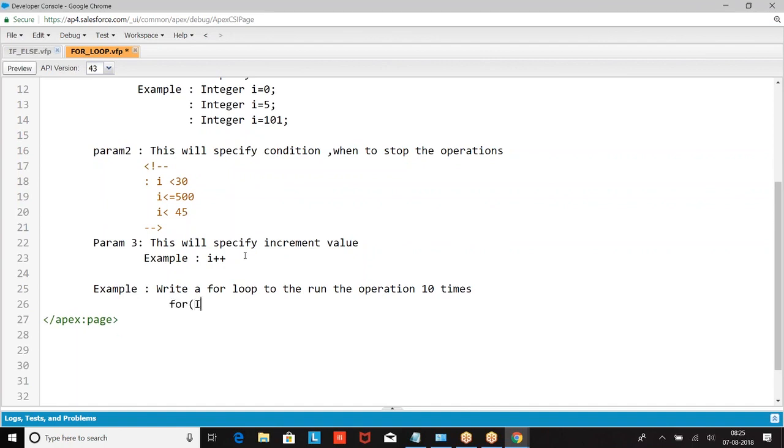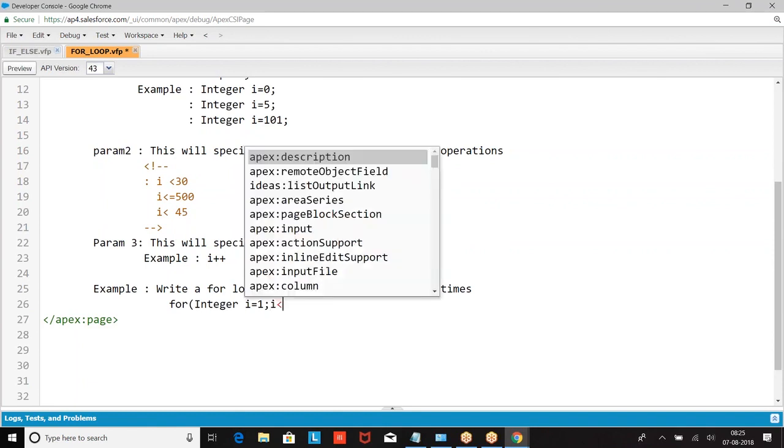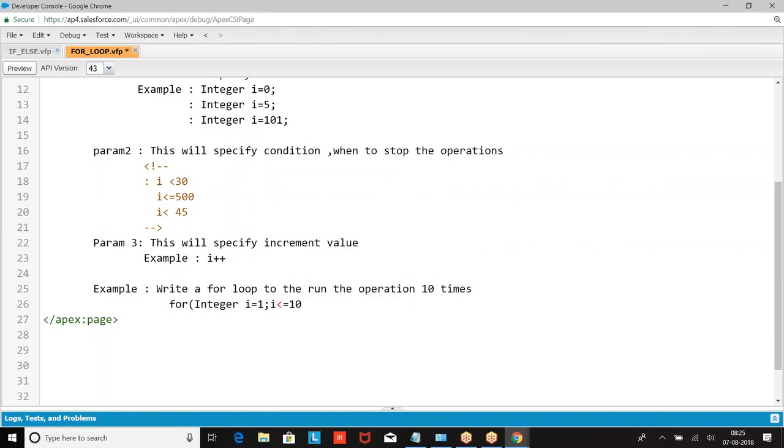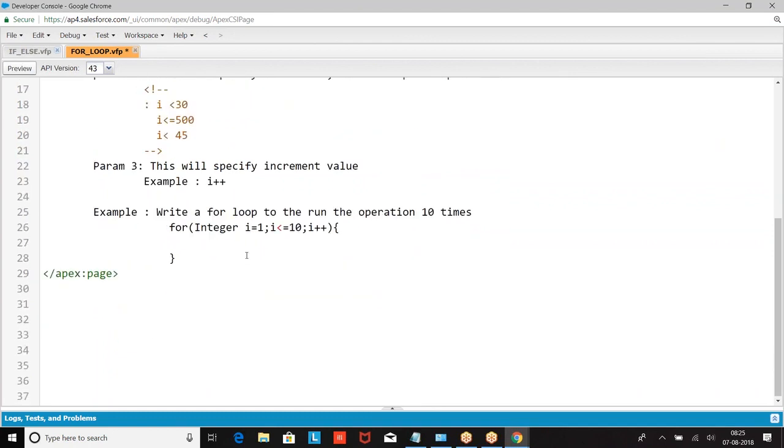So what I'm doing: for integer i equal to 1, start the count equal to 1. 10 times means till i equals 10, so i less than or equal to 10, i plus plus. If the value of i equals 11, the operation will stop.